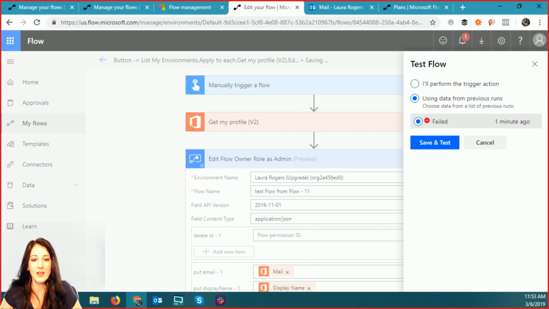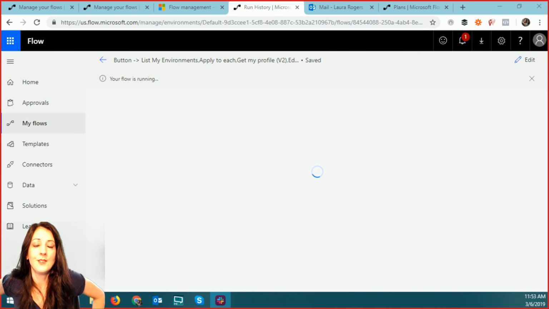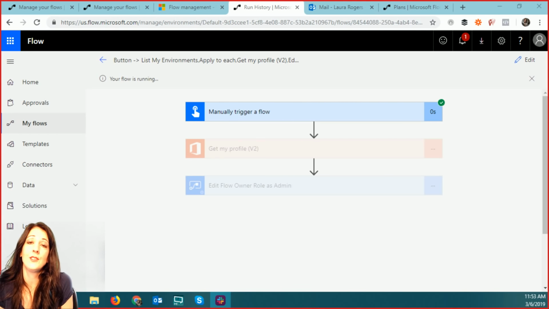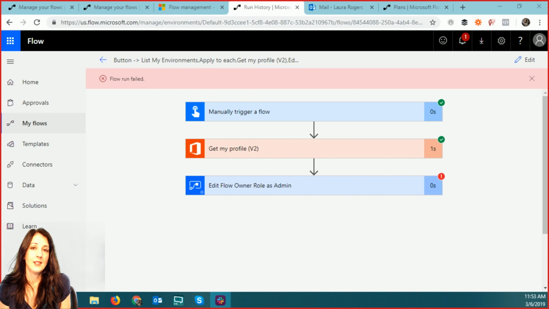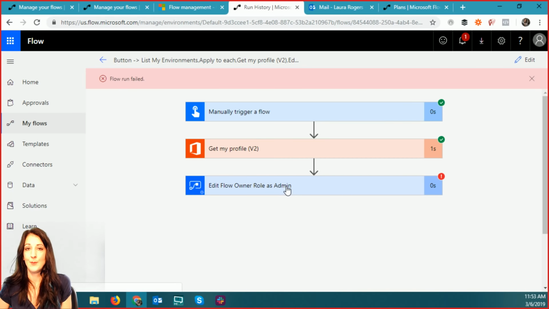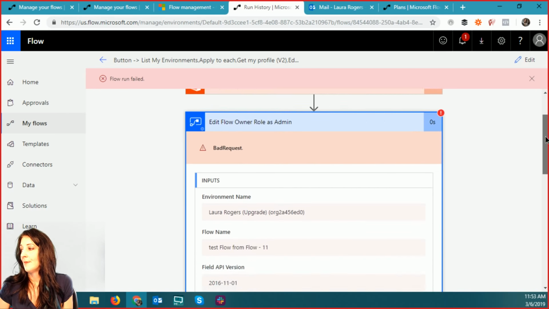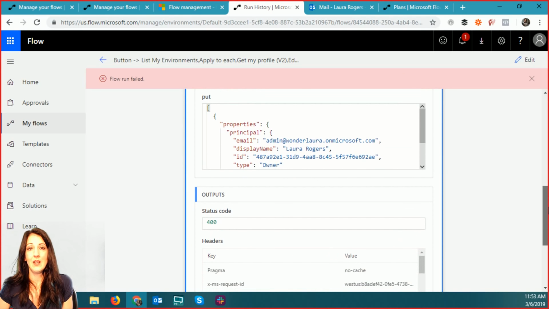Yeah, so a lot of these are in preview, as you can see. When flow actions are in preview, you are going to notice that a lot of it is very raw information that it expects. So it's really difficult to figure out in a lot of cases what exactly needs to be in some of these fields, which of course is because it's in preview. That's what I expect for some of these newer ones. So with these, it's going to be a lot harder. It's going to take a lot more time to go in and test and figure out